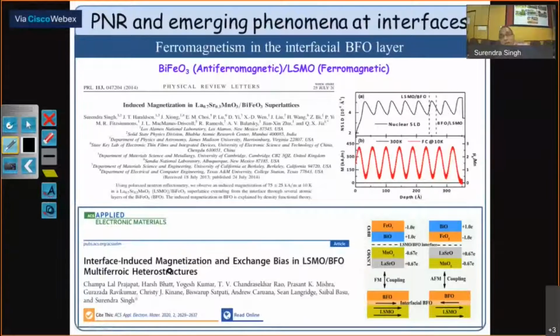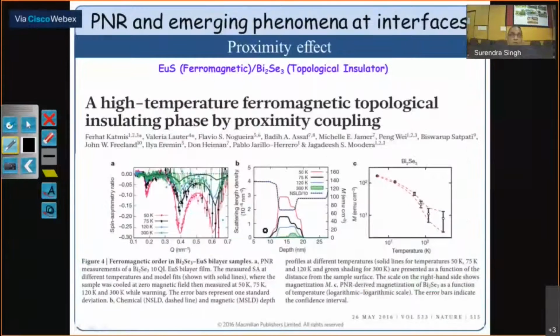There is another phenomenon which is there in nature. Yes, it is in a Nature paper. This kind of thing is happening at the interfaces. There are theoretical explanations for why this happens. You have orbital reconstructions. We have 2sp3, we have SN3, and this is the scattering length density over here.